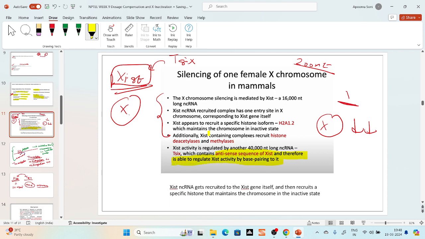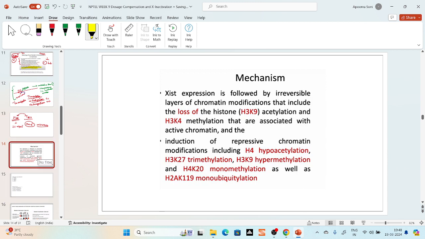We'll see in detail about it. Let us move to the mechanics. So whatever we have studied, it is just written in words form. Let us just see. So Xist expression is followed by an irreversible layer of chromosome modifications that includes the loss of